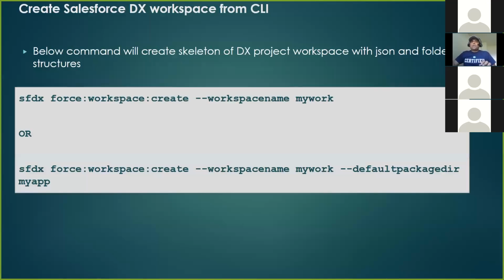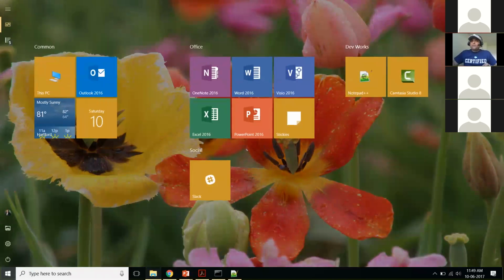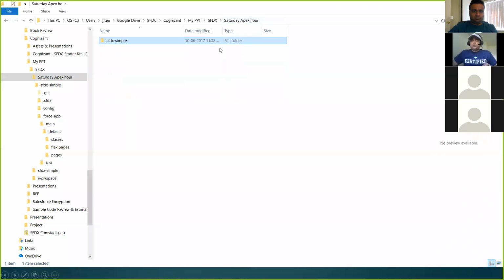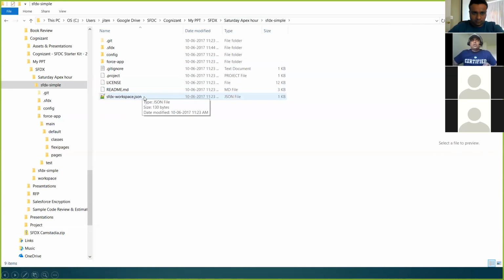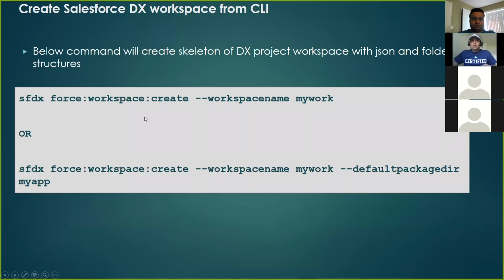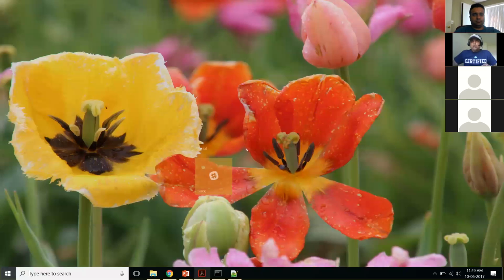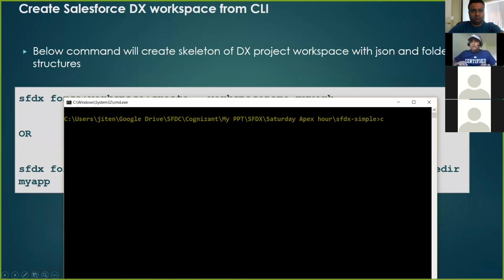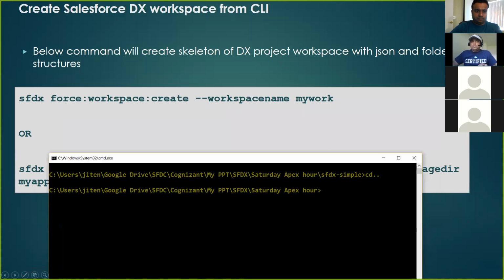Let's take an example. You want to create your org from scratch. You don't want SFDX simple here or something, right? How do we do that? So this is the command you can use. Let me go back here. I will go one directory back and I will say